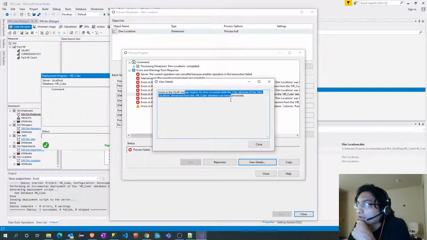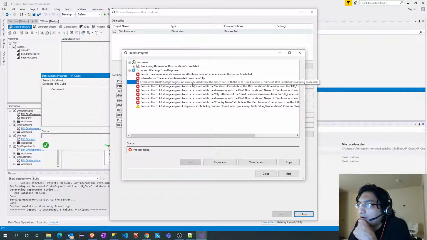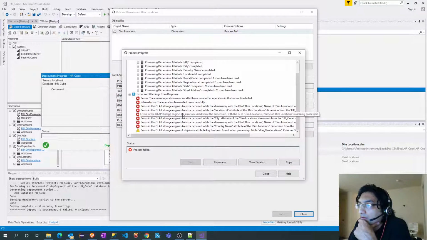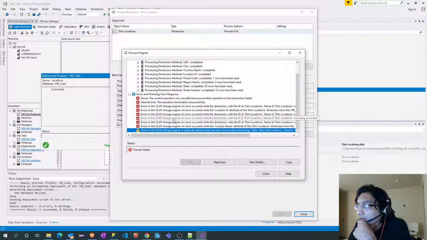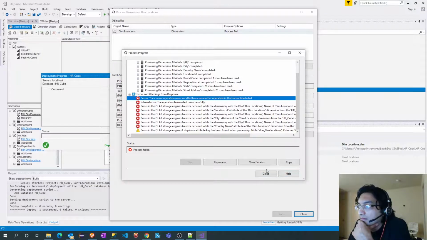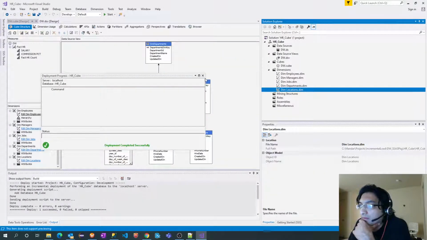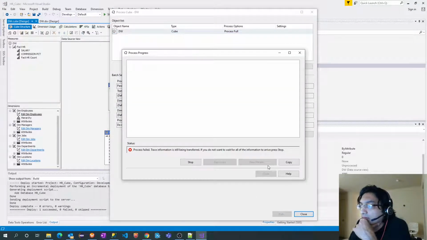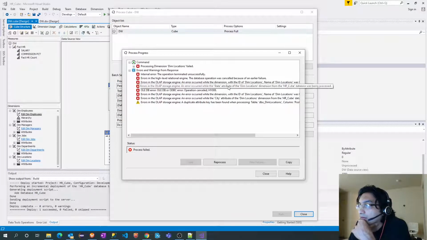In a record while city attribute dimension location. Dim location. It is failing for dim location.